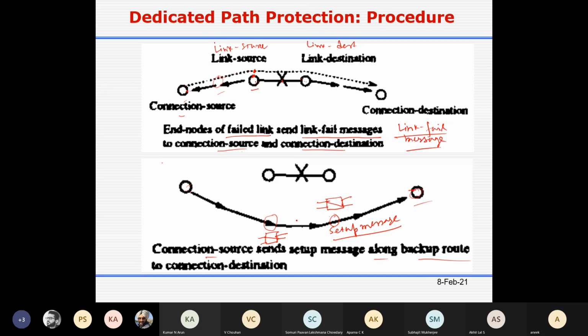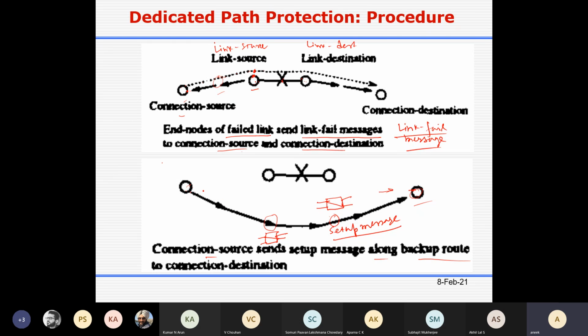Now we have to consider how many times this setup message will go to the connection destination node, and then the acknowledgement will come back through the same path. So what will be the delay in this message flow?